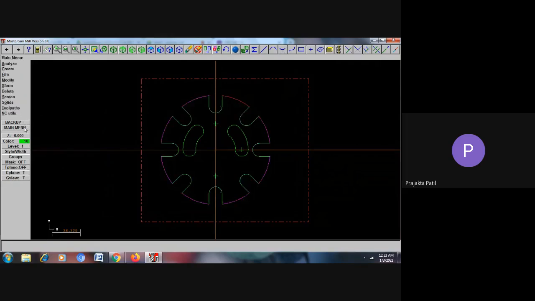Next is main menu. You go to toolpaths and we'll go for drill. Drill in this manual. Now you have to choose the points where the drilling has to happen. Now those points are already marked here, so I'll say point. Here it will ask select a point. So this is one point and this is the other point. Now it is saying checking for duplicate points, please press escape. So press escape and then say done.